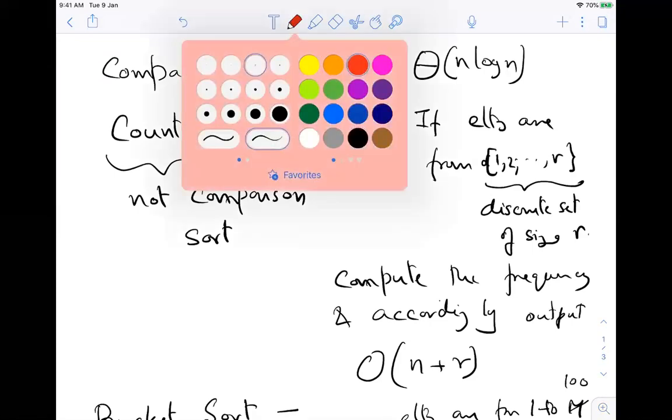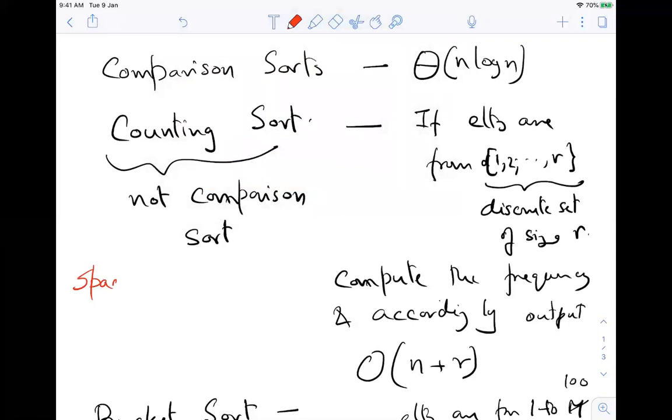But when we give the output, then also we have to create another array of length n. Yeah, so it will be order n plus R log n. You're right, so it is greater than the previous algorithm. In some sense, you're right.